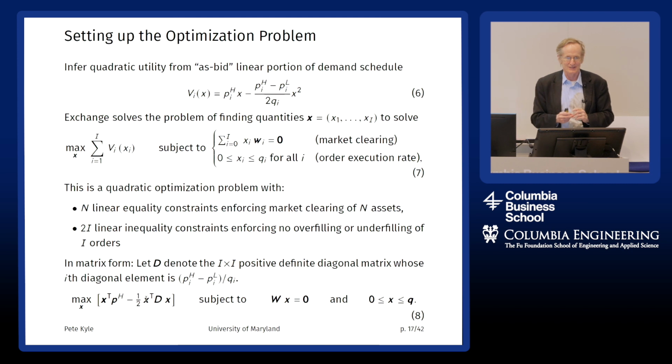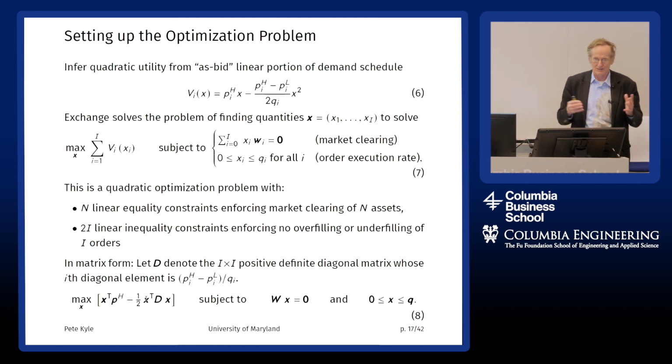It's a quadratic function of X, which is between 0 and Q, and it's the number of portfolio units. You have a preference for portfolio units of the various portfolios in the 1,000,000 orders that you have. So for the ith order of those 1,000,000, it's quadratic given by equation 6 if X is between 0 and Q, and you can define it for X outside of 0 and Q as well. Then what you're maximizing is the sum of all these utility functions. So it's maximizing the sum over the X's, the number of units of the portfolios consumed, if you will, or executed for the 1,000,000 orders.